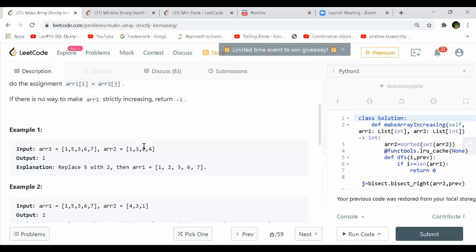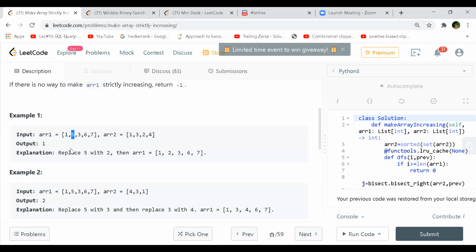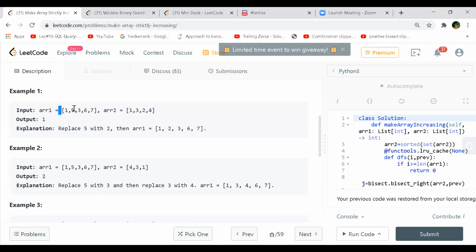Yeah, we took this two and, right, in the first one, only five is disturbing the array. Well, okay, I didn't hear your first statement. Am I audible now? Now you're audible. Yeah. So I'm saying that this five is disturbing the array.